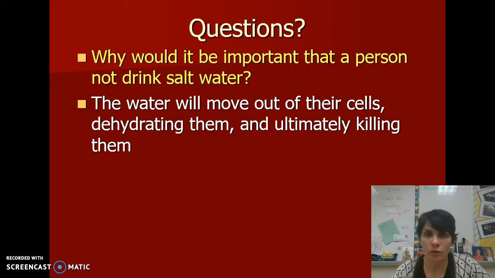Is it okay if you go to the beach and you get knocked over by a wave and swallow salt water? Of course, because you are drinking fresh water and eating foods that have water in it. So that's not a problem. I'm saying if you're stranded for a week and haven't drank anything, you don't want to drink the ocean water, okay? All right,